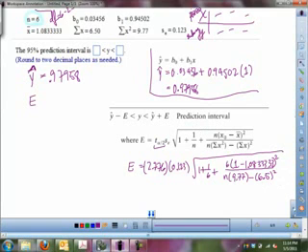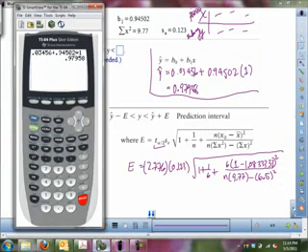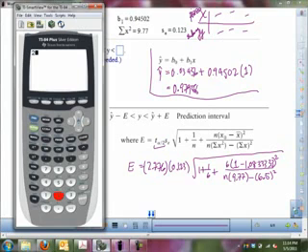So let's see if we can take our calculator out and try to be meticulous with this input. Alright, so we have a 2.776, and then we have a times, and then we have a 0.123, and then another times, and now begins our big square root. So the square root symbol is on top of the x squared bar, so that's a square root, and then we have a 1 plus 1 over 6, so that's 1 divided by 6,